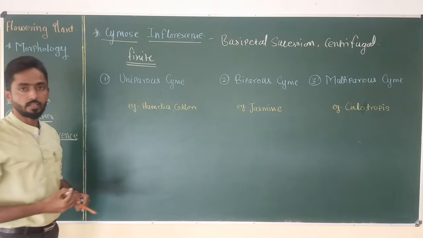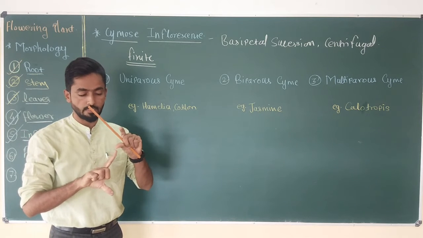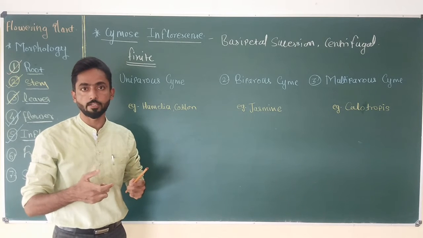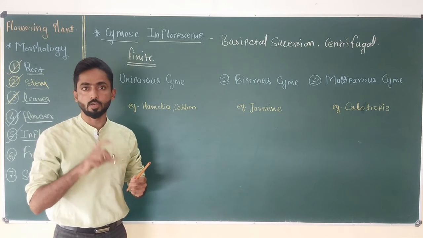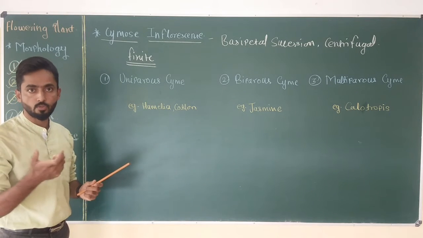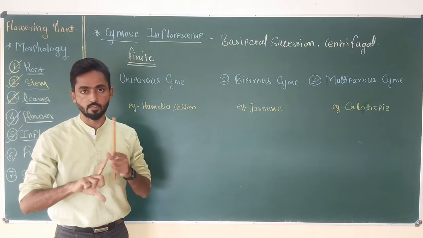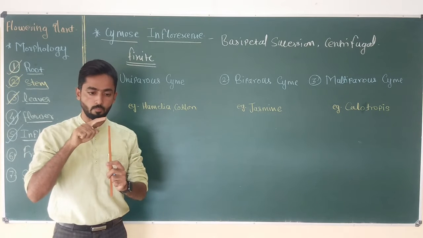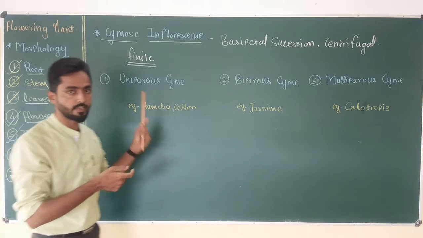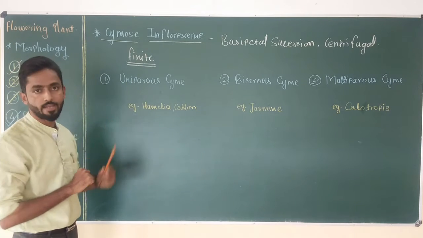Why do we call it finite? Because the central branch or peduncle terminates into a flower. That means at the tip of the peduncle, a flower is present. So that apical bud no longer has the ability to grow. So the peduncle shows limited growth. That's why we call it a finite type of inflorescence. Opposite to it, racemose is an infinite type of inflorescence. That means in racemose inflorescence, the central axis or peduncle does not have a flower at the tip, so it grows continuously. So we call it infinite, but in this case, the central axis or peduncle shows a flower at the top, so we call it a finite inflorescence.